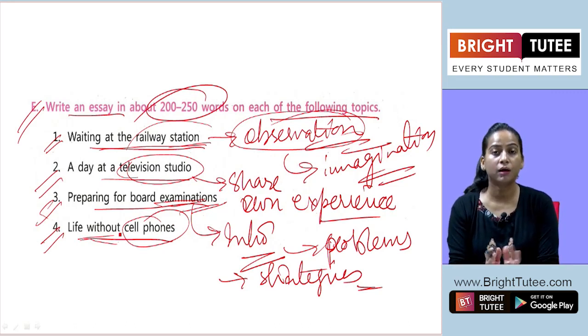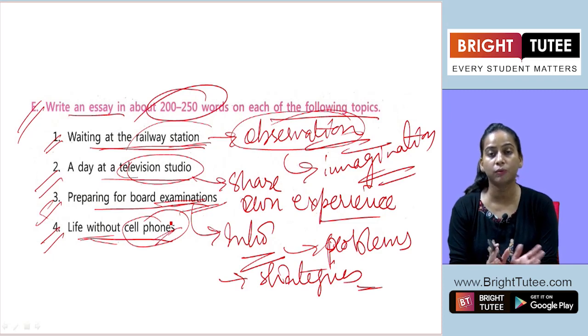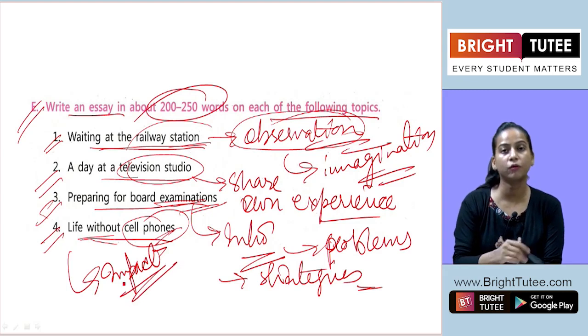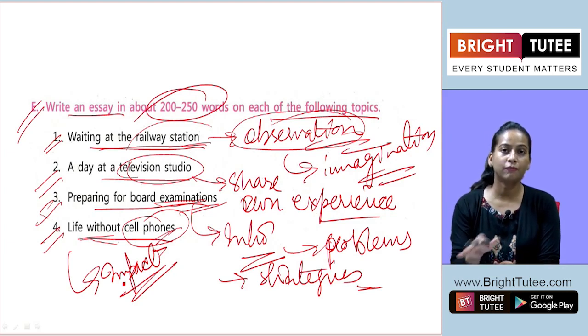Here you have to mention how different businesses or different activities are connected with these cell phones nowadays, and in the absence of that, what the impact is going to be. You have to mention the impact of the absence of these cell phones and what the positive points are if the cell phones are there with the people. So you have to mention about that.